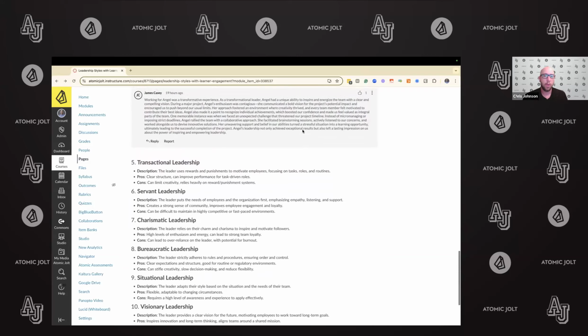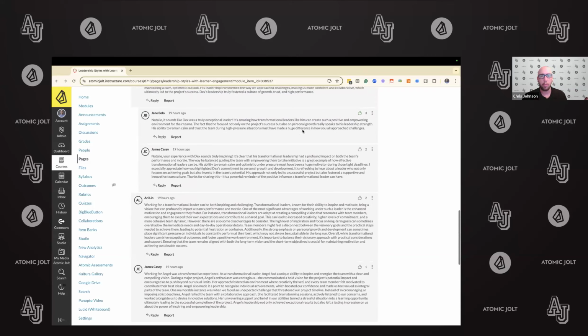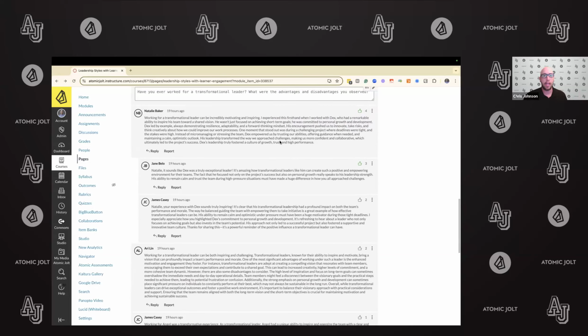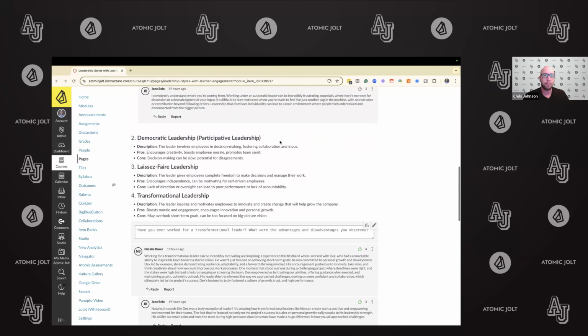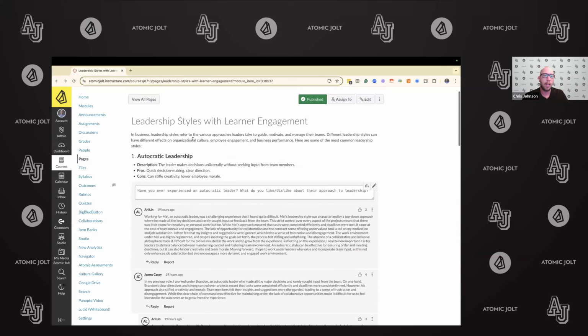All right. So at this point, you'll notice that this learning page has transformed a little bit. It's no longer a sit-and-get wall of text with no student interaction. We now have students engaging right within the learning content, sharing their feedback, and ensuring that it's not only them just reading what information is here, but actually applying it with real world examples. All right. So we've now seen atomic polls, we've seen atomic discussions. Let's take a look at atomic journals, which again allows that learner reflection, and it's more of a student to teacher tool.